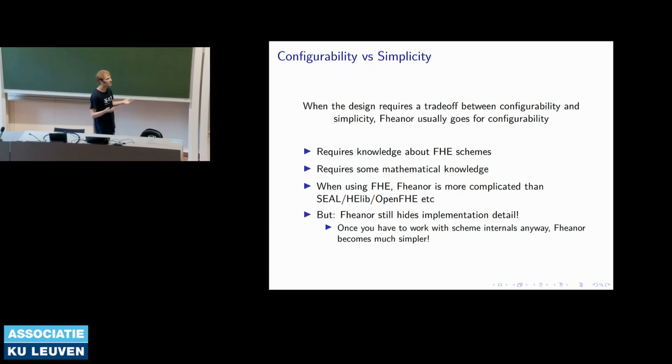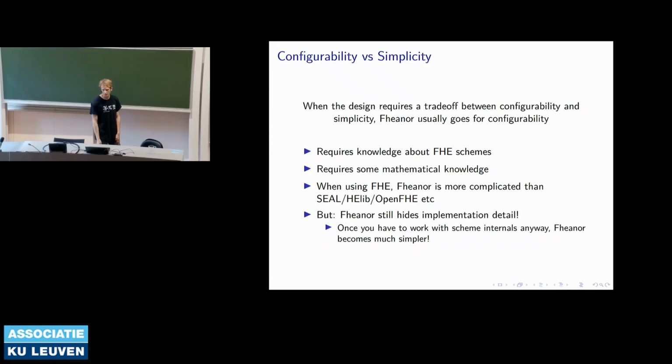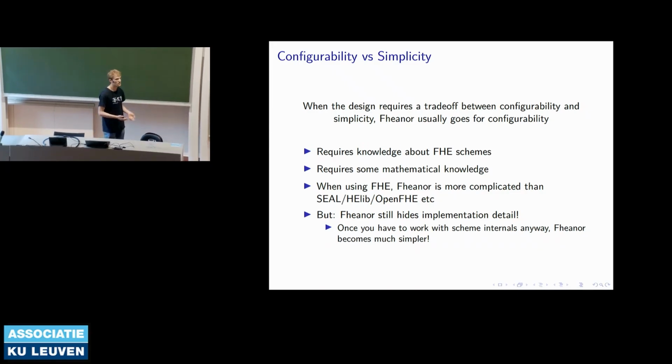And this is basically simplicity. So when you write software, you very often encounter a point where you have a trade-off between making your function very configurable to support all kinds of parameters, settings, and contexts in which you might use it, or to make it simple, to make default choices for all of these parameters so that a user who calls your function doesn't have to think about how to set the parameters. And many libraries, usually, not always, but often opt for simplicity, while Fheanor usually